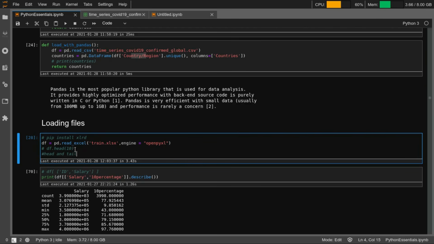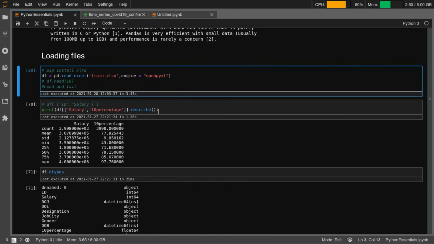Another thing that might be of interest is, let's say this data frame contains 1 million rows, but you just want to get a look and feel of the data. You just want to print, let's say, the top 10 rows or top 100 rows for that matter, right? So that is where this function comes into the picture, head. In the brackets you can specify the number of rows that you want. If you do not specify the number of rows, it will by default print the top 10 rows. So head and tail are there for that purpose, right?